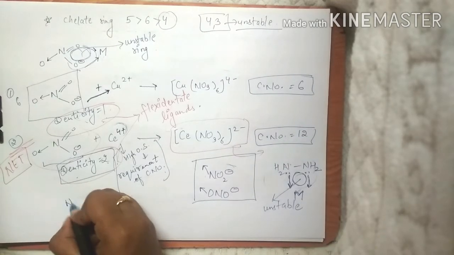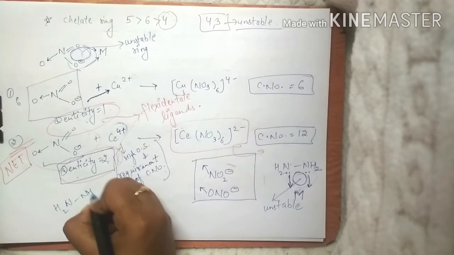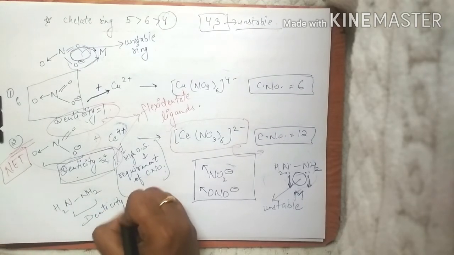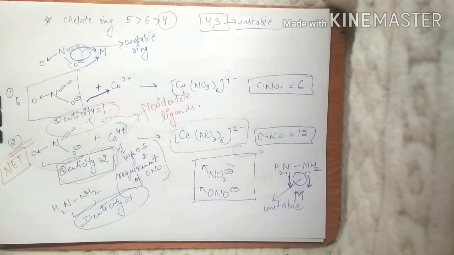So mostly in cases of NH2, these are going to show denticity equals to 1. Mostly they are going to show denticity equals to 1, because if they show a denticity of 2, then a 3-membered ring will be formed, which is very unstable. Okay, so now moving ahead,